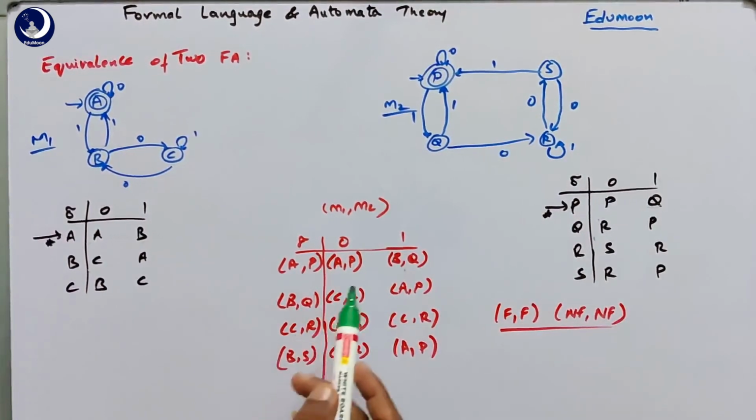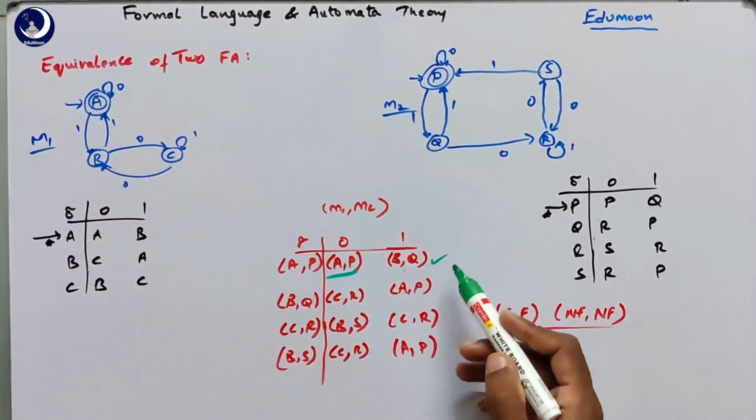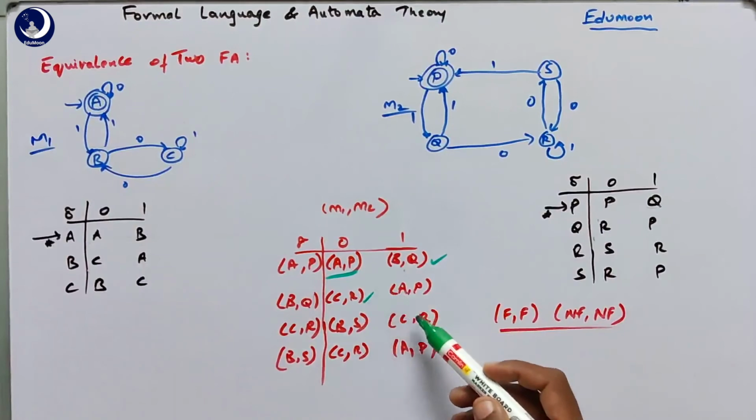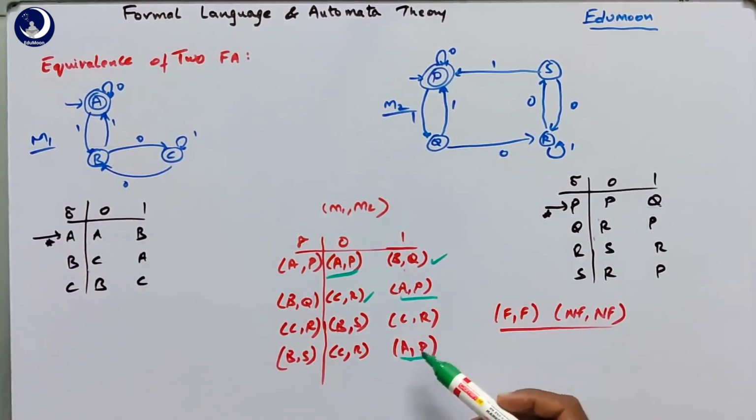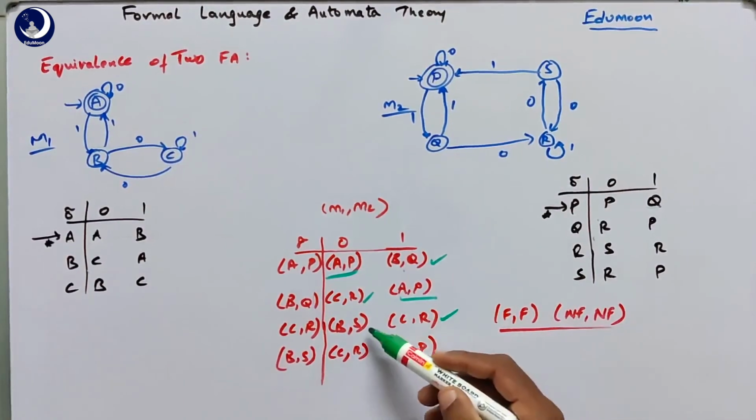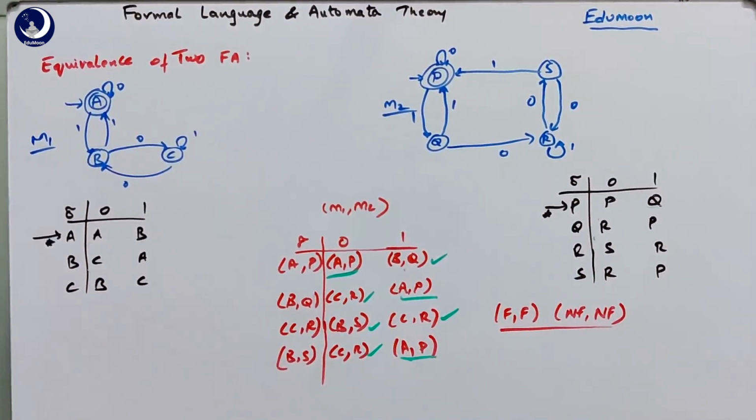is A and P. So both are final states, and here B and Q both are non-final states. Again C and R are non-final. Again these are final states. So wherever A and B are having that is a final state, and these are the non-final states. So we didn't get any combination here which is a final and non-final. So all the states that are generated in this table are either both final or both non-final states. So we didn't get any combination like AR or else BP and so on.